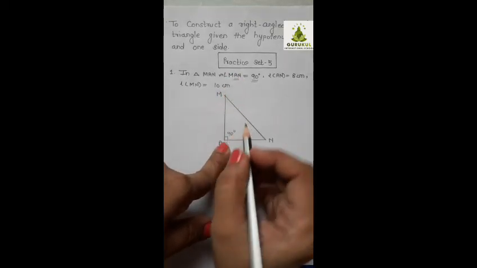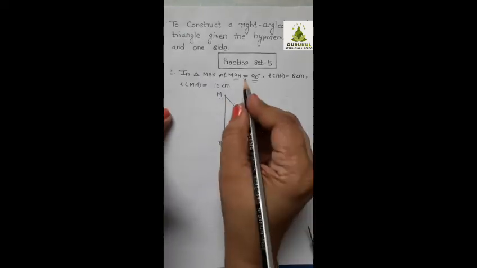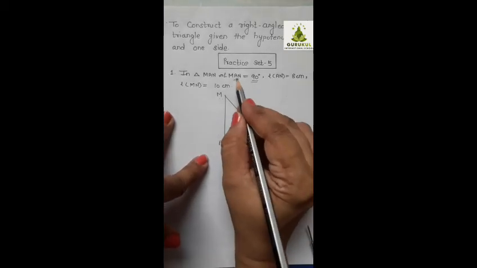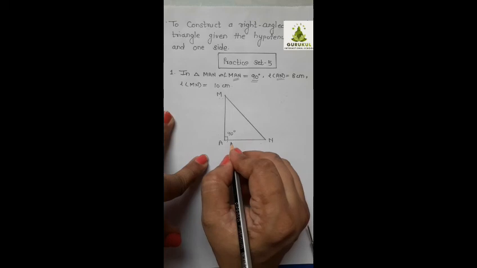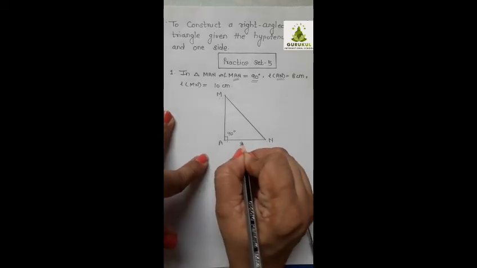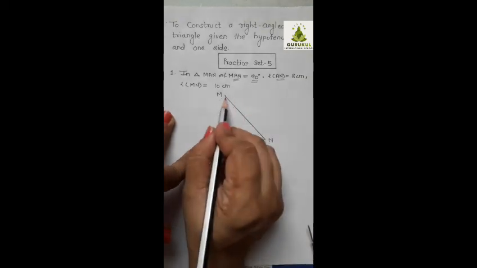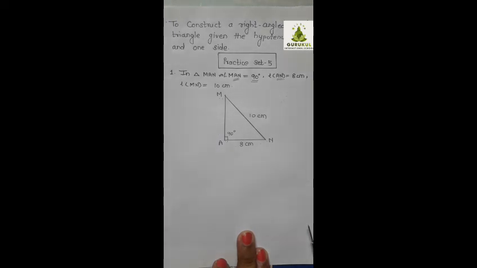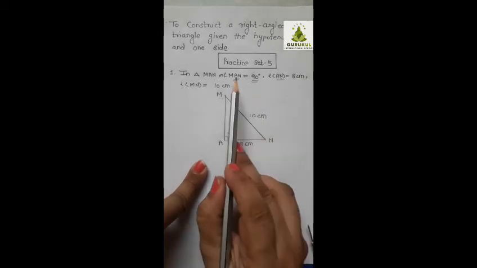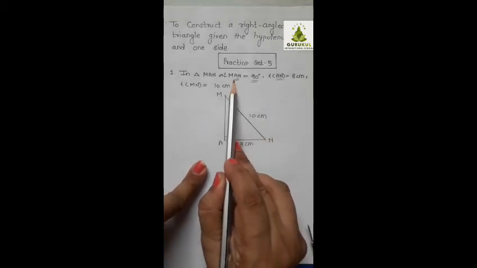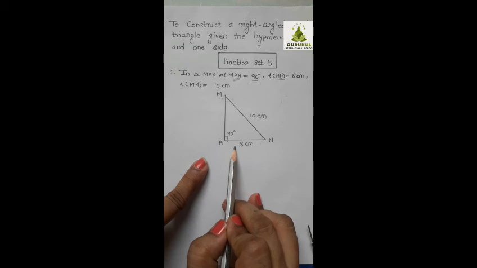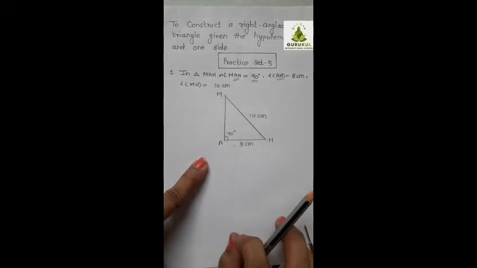Okay, so here I have drawn the rough figure MAN where angle A is at the base and the side which includes the A letter, that is AN, should be the side at the base, and another side, that is MN, is 10 centimeters. Okay, some students get confused while drawing this construction, but you always look for the 90 degrees angle, right angle, and the side which includes the same letter. That side should come at the base. This thing you have to remember.